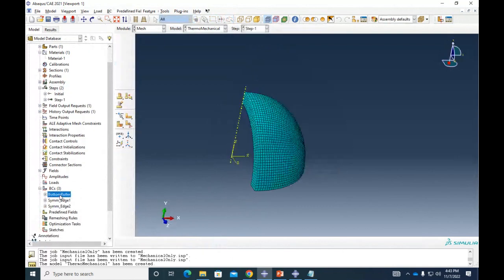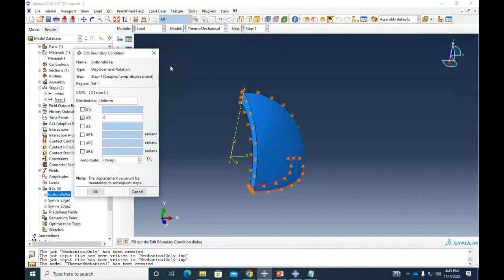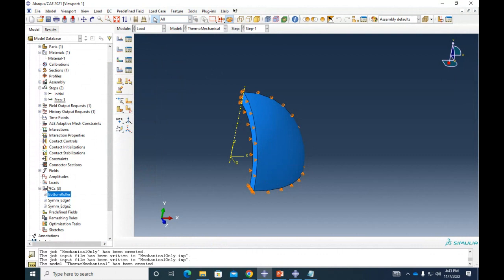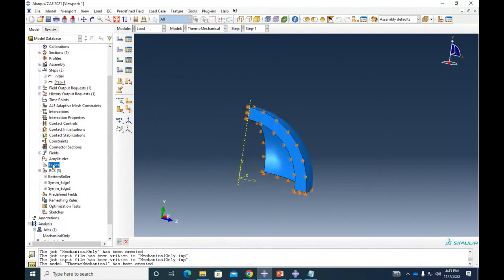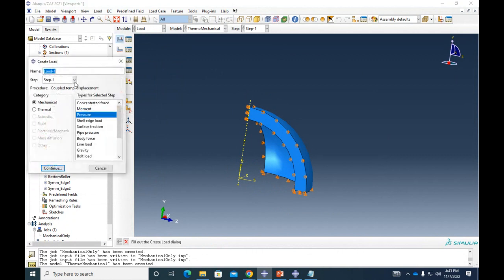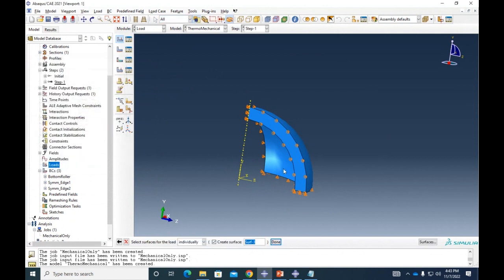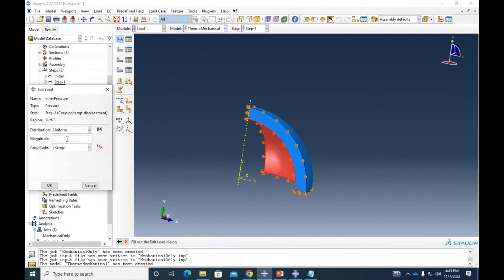The boundary conditions are still valid, right? Because we are doing some mechanical loading. So if I revisit my loads and everything, I got my loads erased. The reason for that is those loads were applied in the previous step definition that I had. So I just have to apply those loads again. So let's do it. Inner pressure. I'm gonna select this surface in here, and I'm gonna say that the pressure magnitude in there is 150 megapascals.